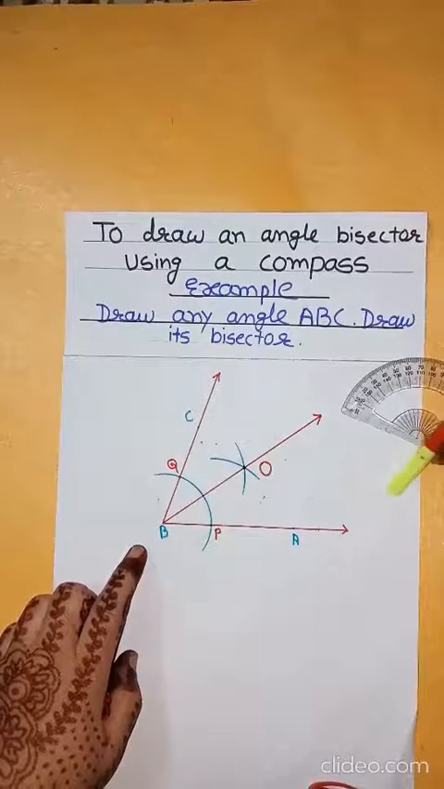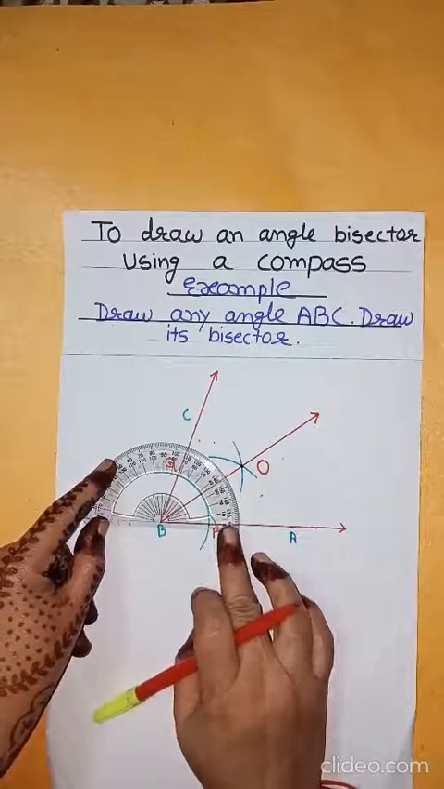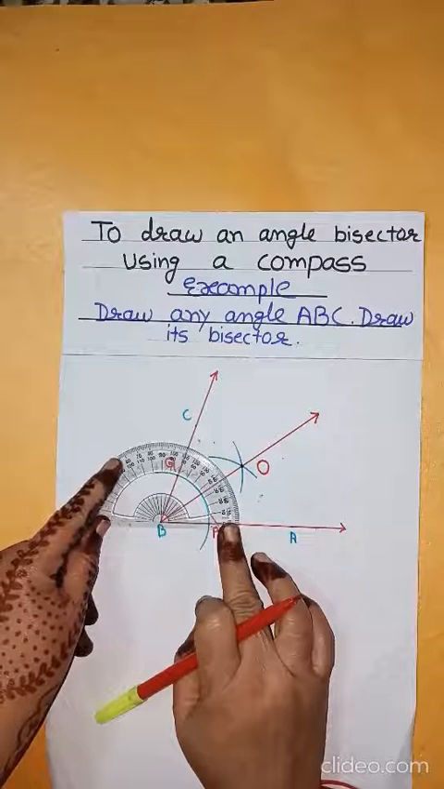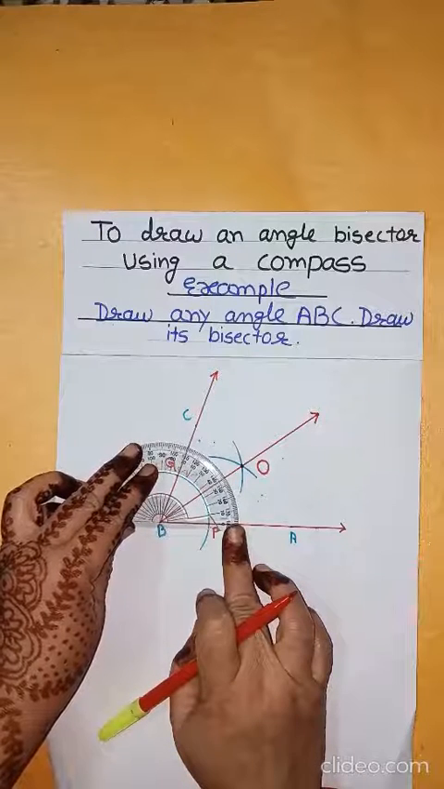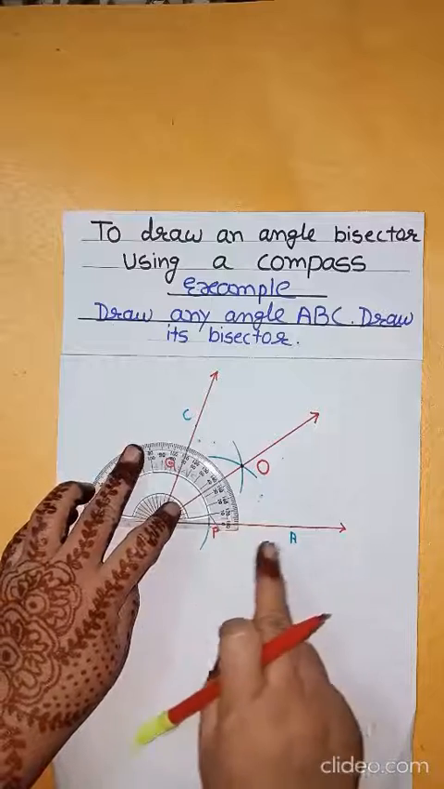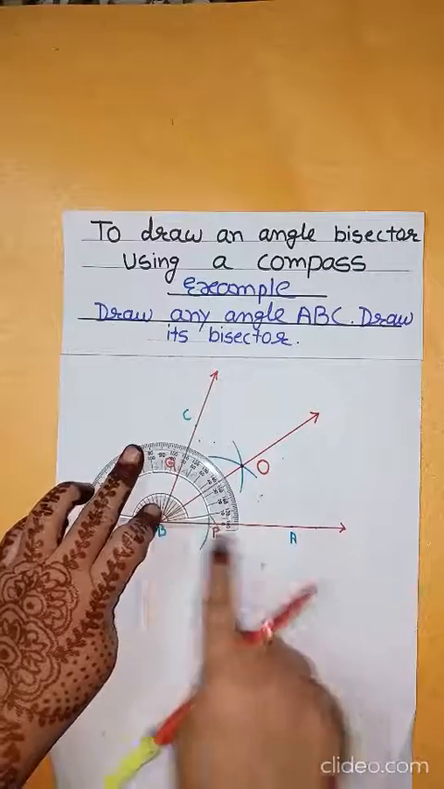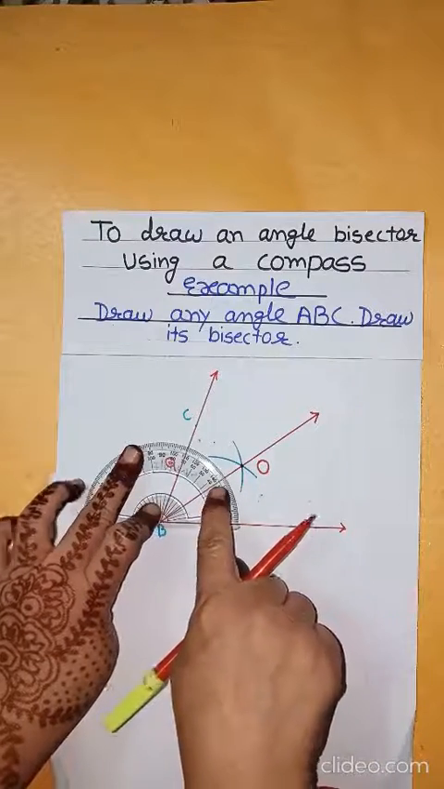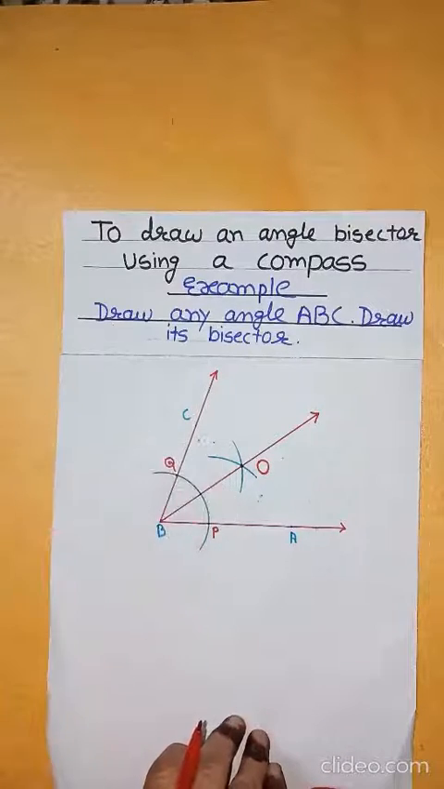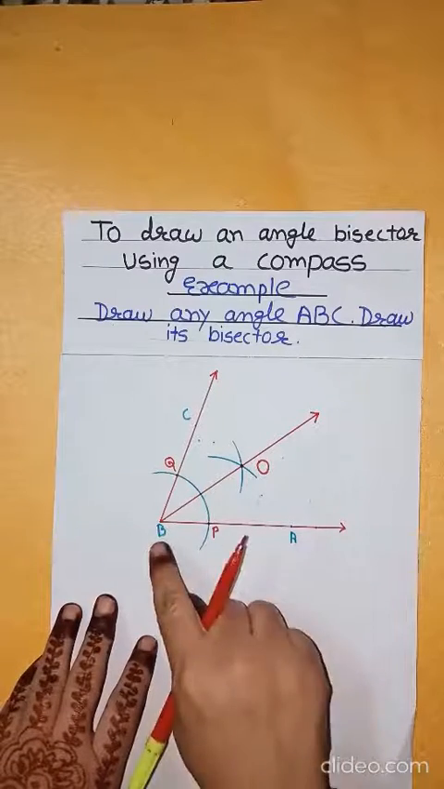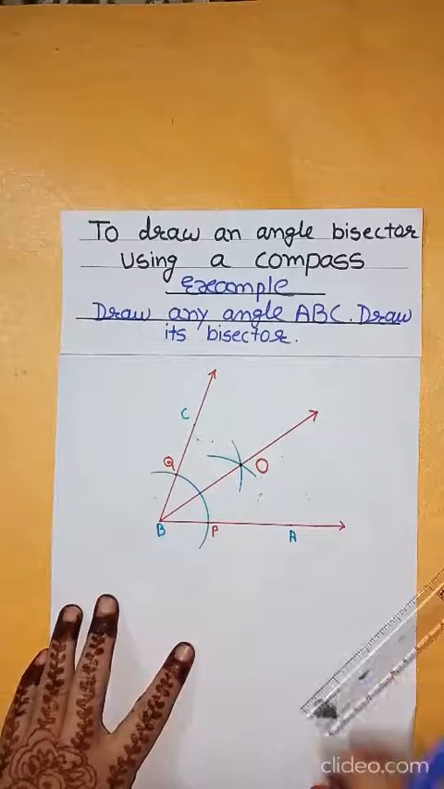Now by using protractor, if you see carefully, keep the center of the protractor on point B. You can clearly notice that the given angle ABC is of the measure 70 degree and angle ABO is of the measure 35 degree, and CBO is also the measure of 35 degree. Therefore, this clearly indicates that ray BO is the bisector of angle ABC, and therefore below this figure you have to write down,